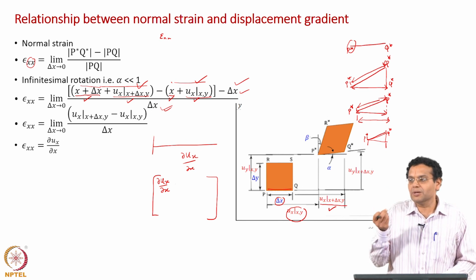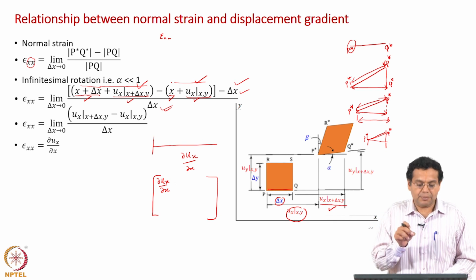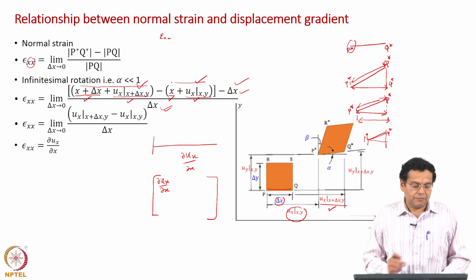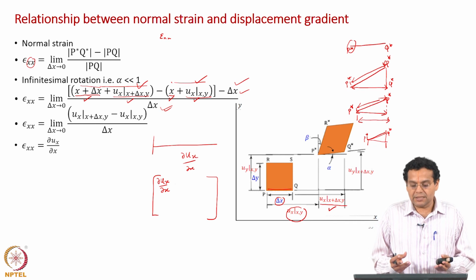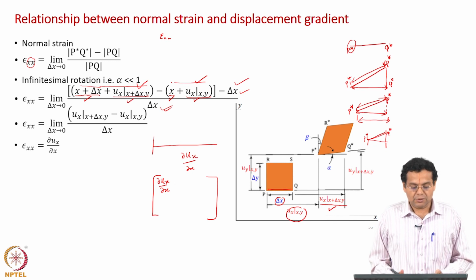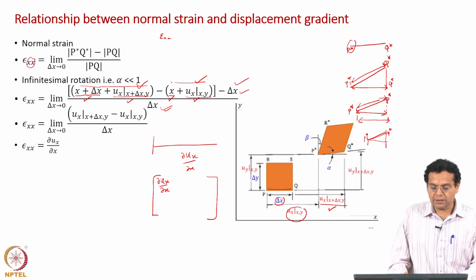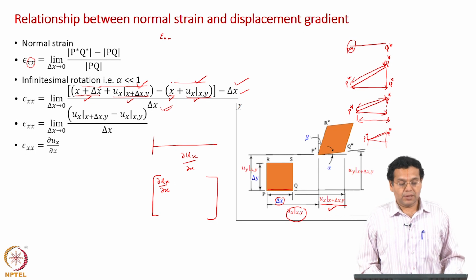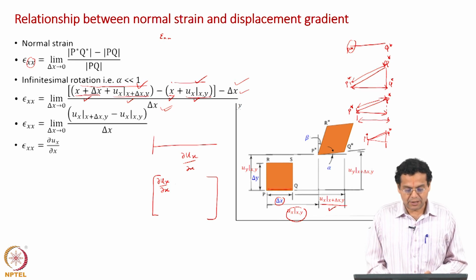Okay. Once again, as I told you, it is a little difficult to imagine. At a point, imagine a small line segment, a very small line segment. Its final length minus original length divided by original length is represented by dou ux by dou x, which we call normal strain. Okay. So, we get a physical significance for a simple partial derivative, dou ux by dou x. If this is clear, then we can go ahead with other things quickly. Okay. So, epsilon xx is equal to dou ux by dou x. So, now whenever you look at dou ux by dou x, immediately what should come to your mind is normal strain. Okay. A different representation itself, a different viewpoint.